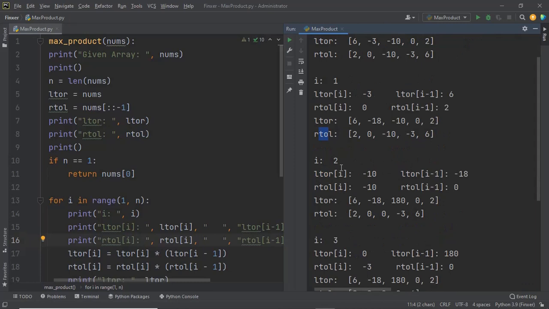Now in the second iteration, the value of I is 2. So what is the value stored within the second index in LTOR? It's -10. Similarly, what is the value stored within RTOL at the second index? It is -10 once again. However, what is now the value at the previous index for LTOR? It is -18, since this is the value that we found previously and then stored within the first index